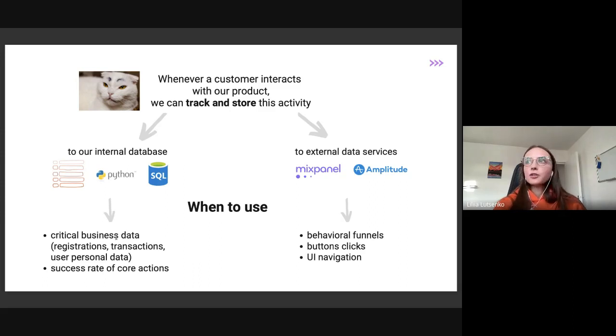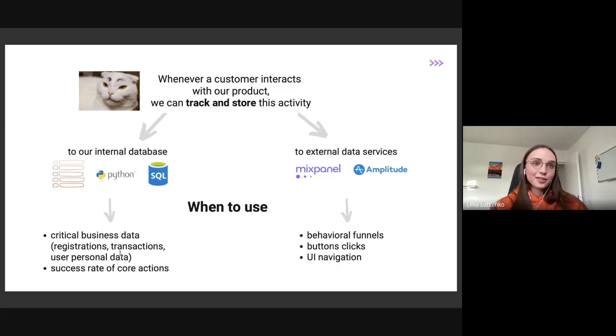When we talk about, for example, the essence of your app being fitness training with trainers, you are interested in how many of those who started the training session successfully finished it. This is the core action, and it can be critical for your business. So it would make sense, along with purchases and registrations in this app, to log the success rate of your core actions. Because what happens when you log the data to your data tables and to your storage,